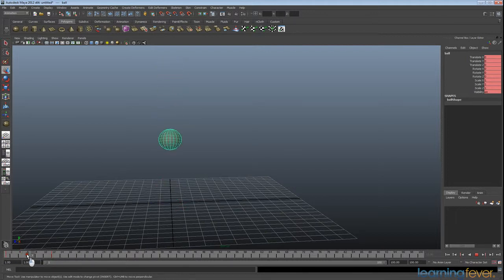That's great. We have our ball. It just kind of drops to the ground. Now we want it to start bouncing. So we'll come across to, we'll say, frame 22 and bring it up. We probably want to go to around 6 or 7. I'm going to plug in 7. And again, that sets another key. Then if we scrub along, if you type in 0, the attribute will stay highlighted. So this will make it quite easy to just drag along in the time slider and keep on adding in values. So we're going to go to, let's say, 3 for now,